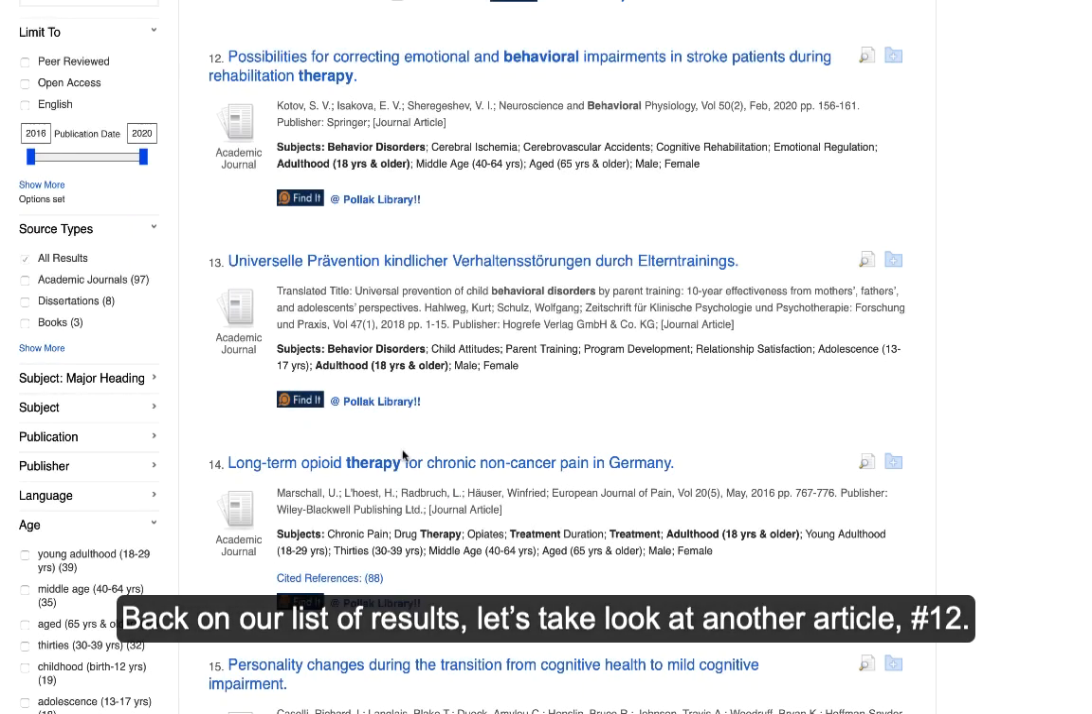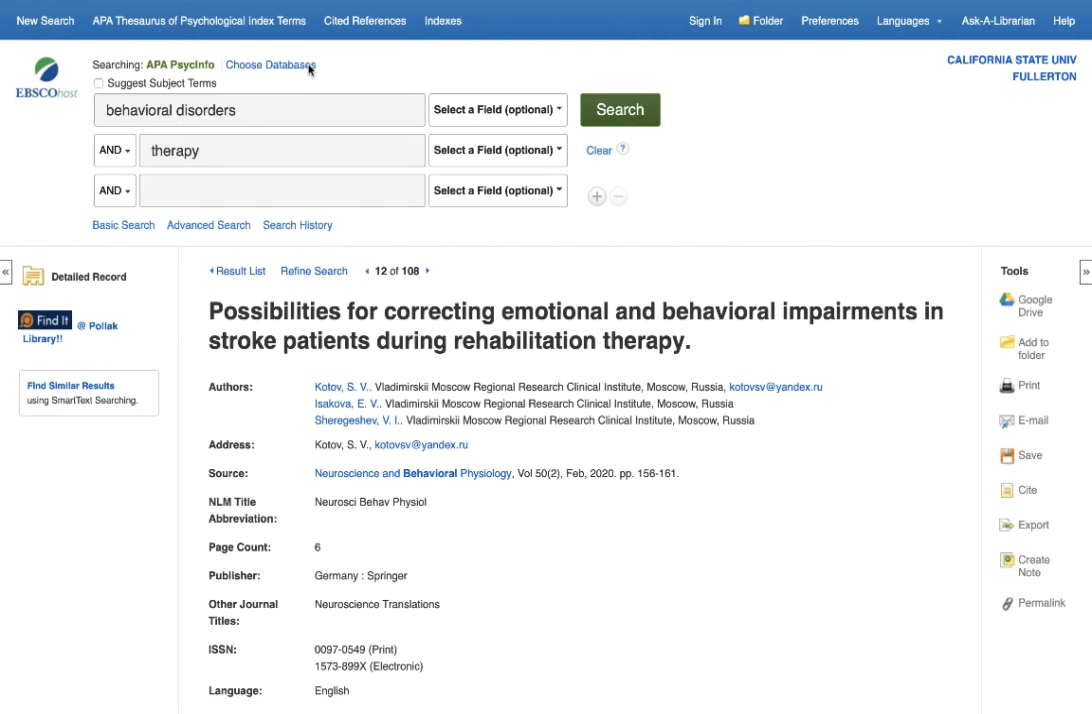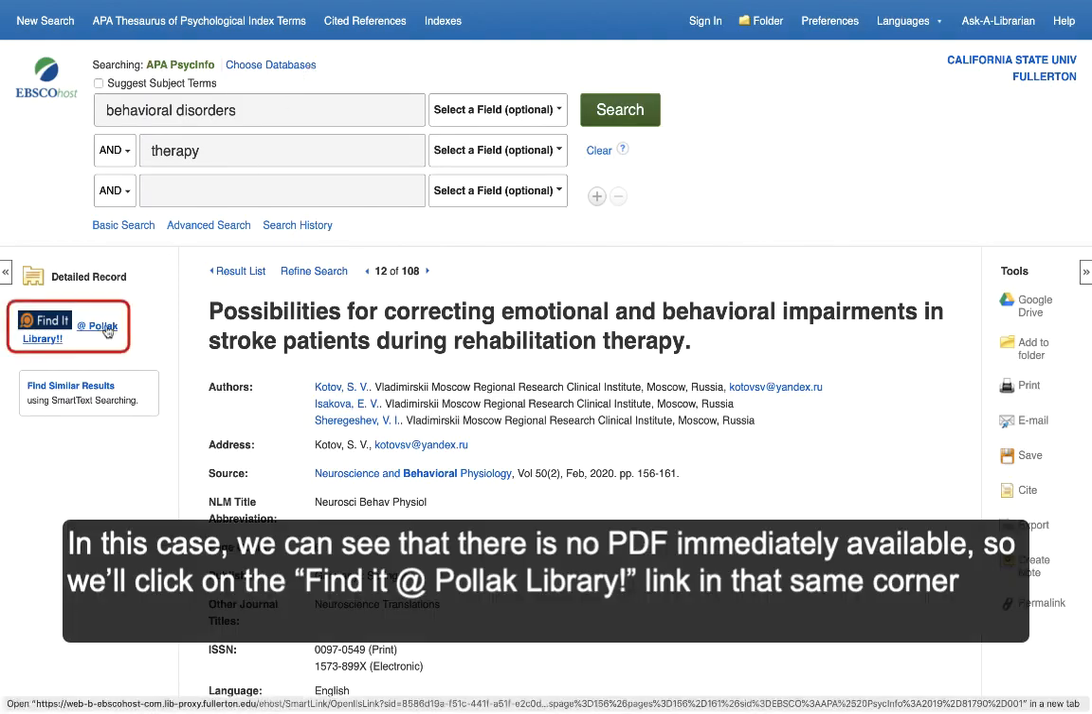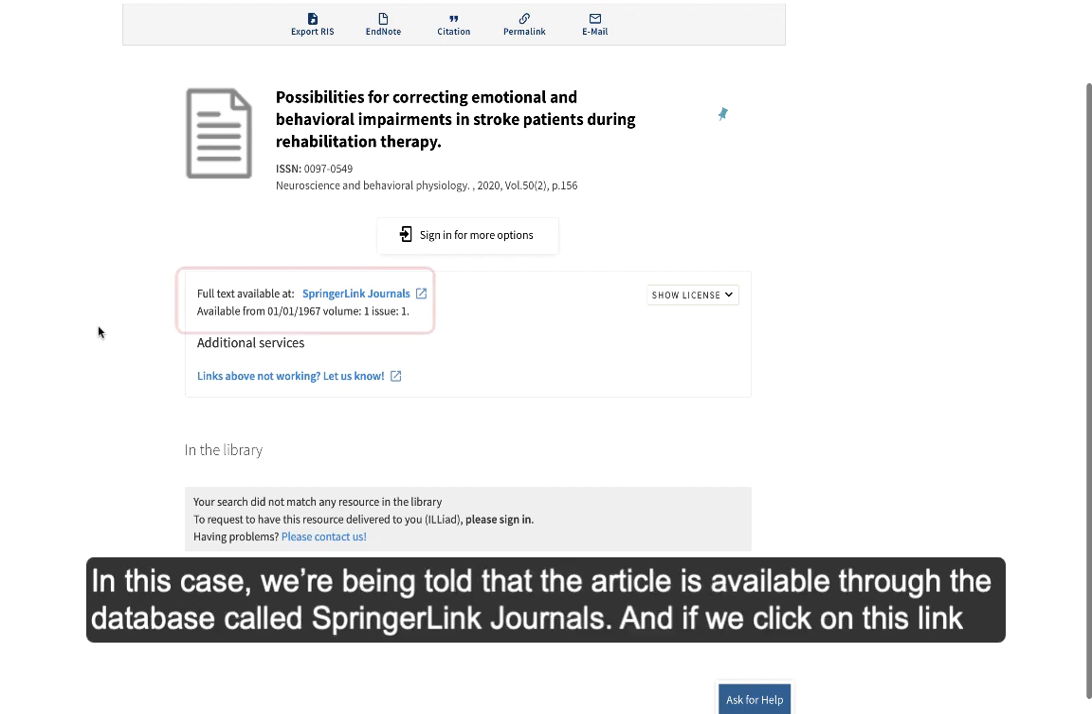Back on our list of results, let's take a look at another article, number 12. In this case, we can see that there's no PDF immediately available, so we click on the Find It at Pollock Library link in that same corner. And in this case, we're taken to OneSearch. This is because we have access to this article, but through a different database. In this case, we're being told that the article is available through the database called Springer Link Journals. And if we click on this link,